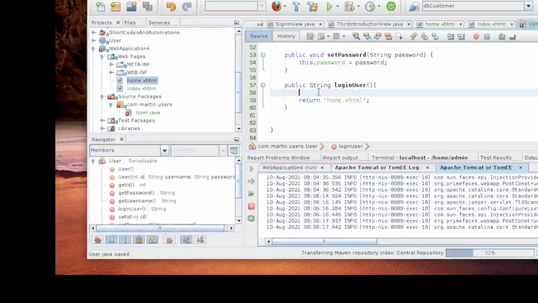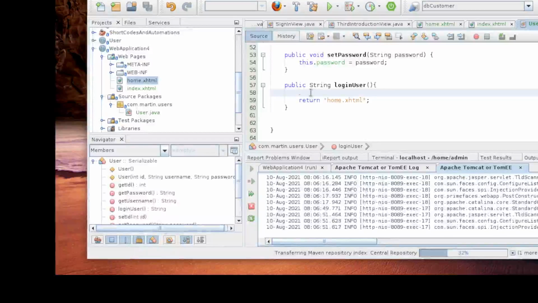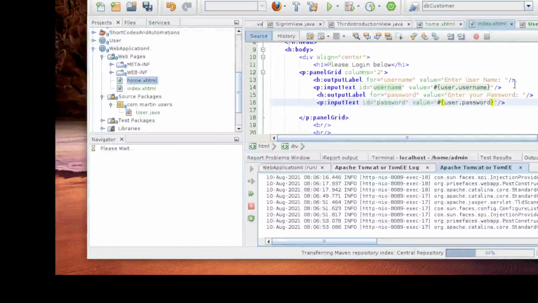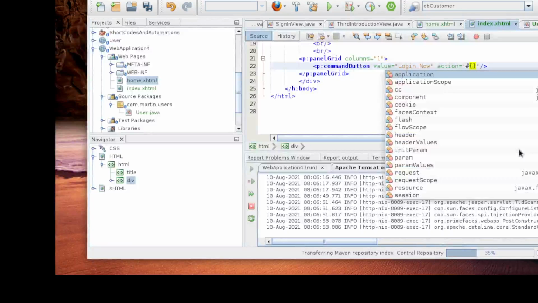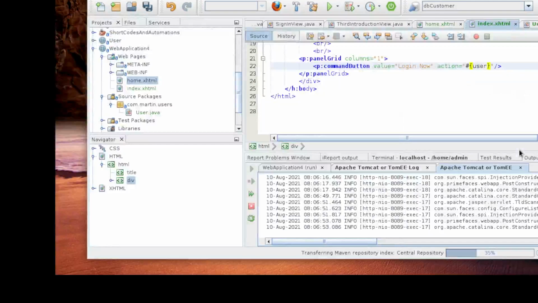So the login logic will be here, like checking the user from the database and all that. For now, you are not doing it, you are just returning our home page, and that will be the action for our login button here.